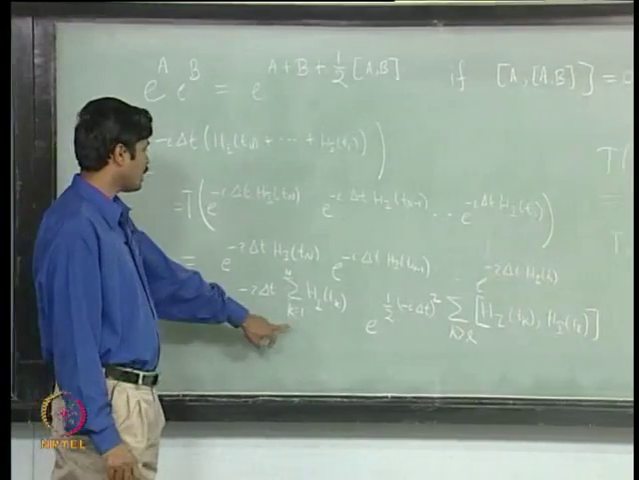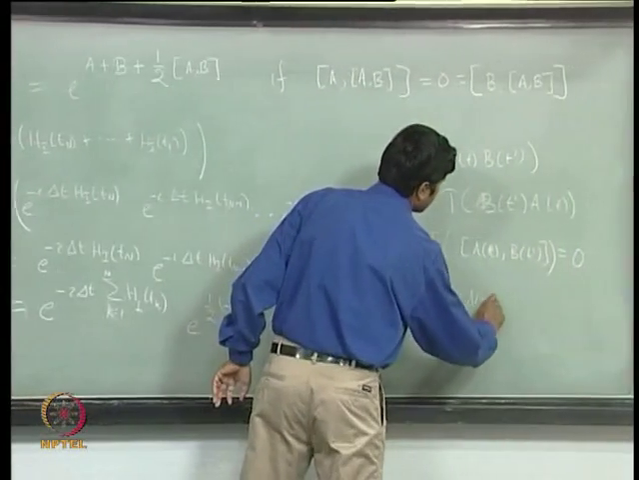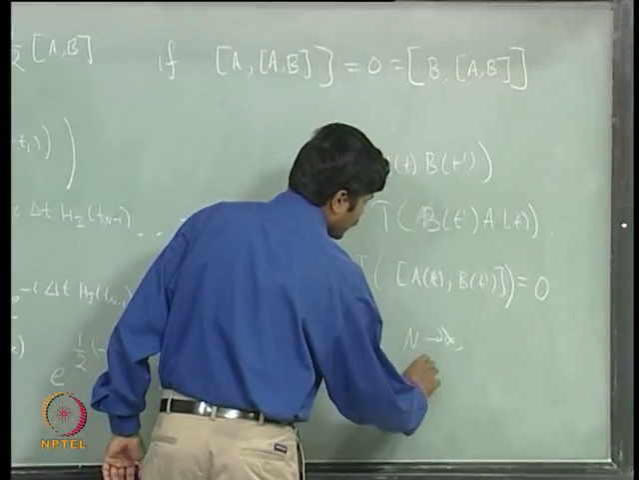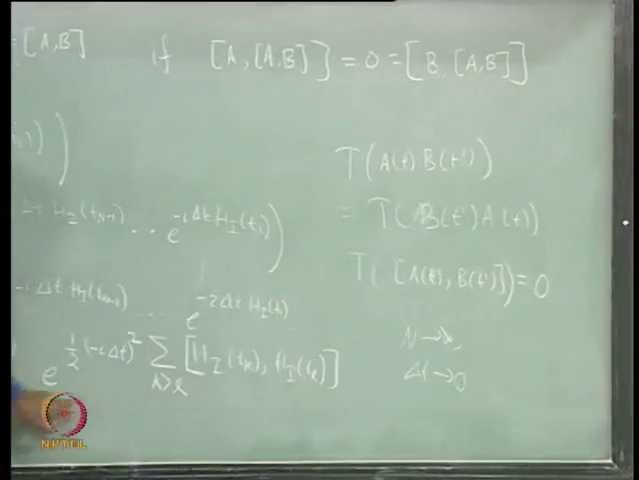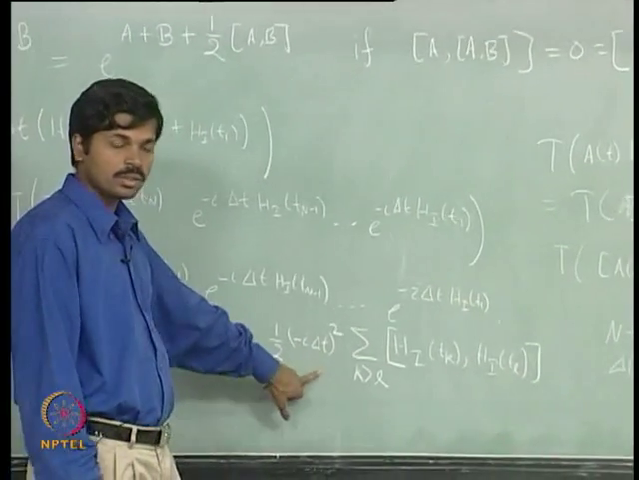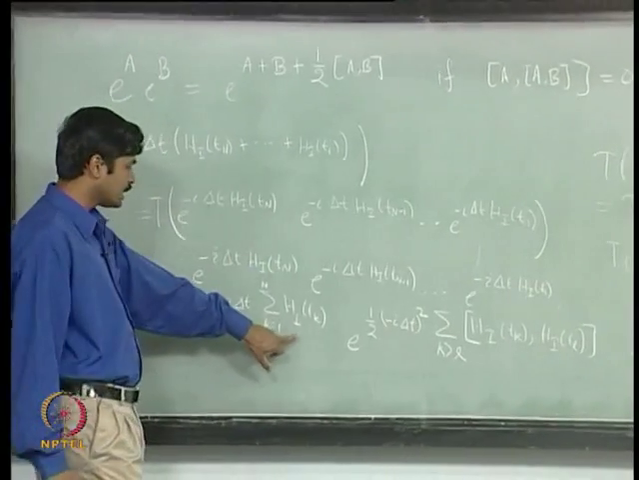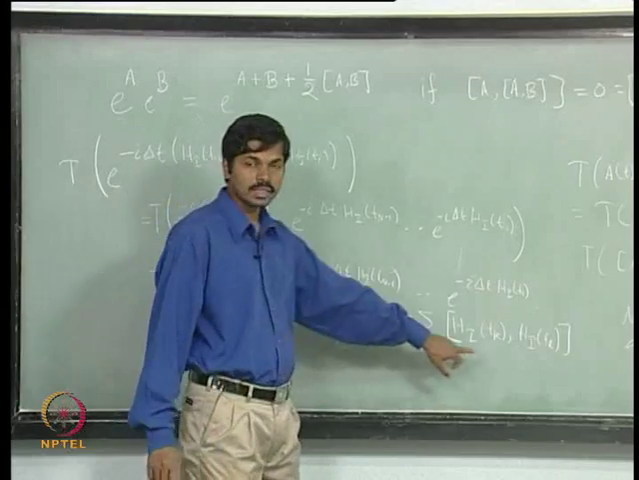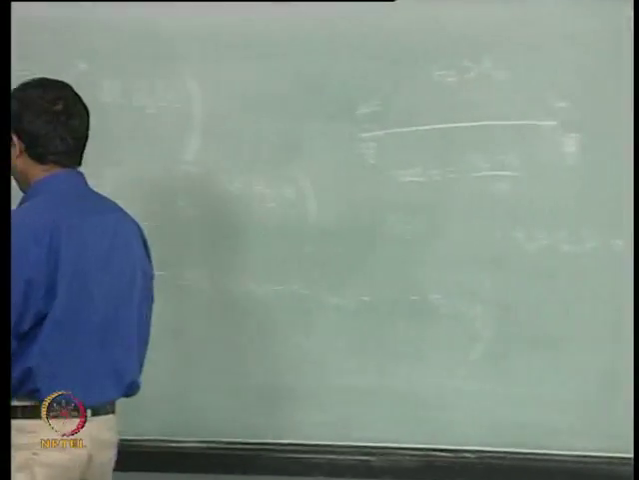Okay. So, this is what you get. Now, I will take the limit n going to infinity and hence the limit delta t goes to 0. In that limit only this is valid because I am keeping all the terms up to delta t square, and then in this limit I can convert all these sums into integrations. When I do that,